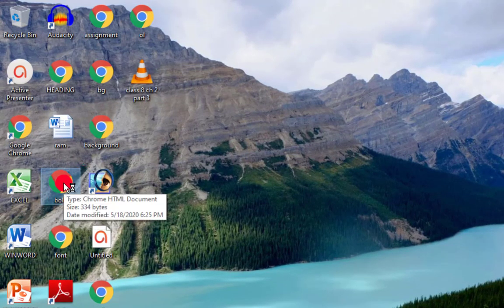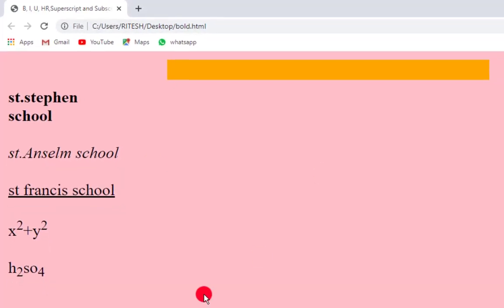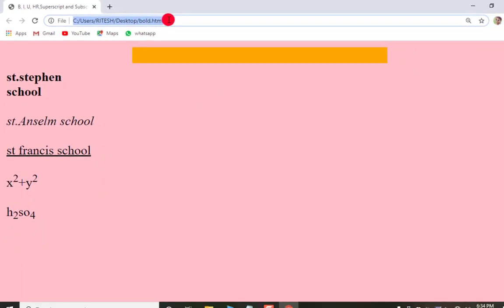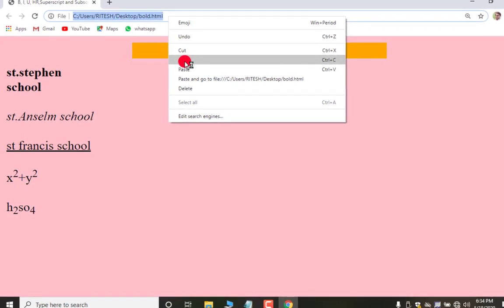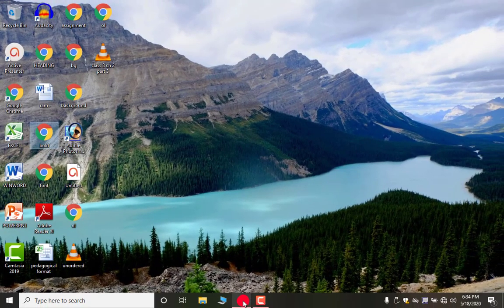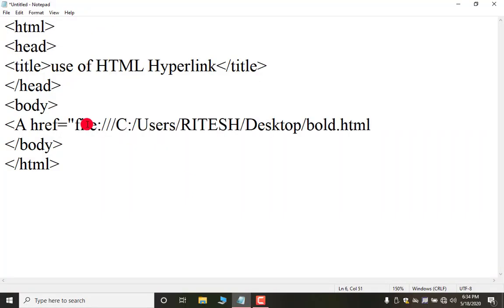I have to open it, and from here, look, this is my web page. I have to click here, Control C, or you can say copy. You can do it by using your right click also. Okay, now close it. Again move to your notepad and here Control V, paste.